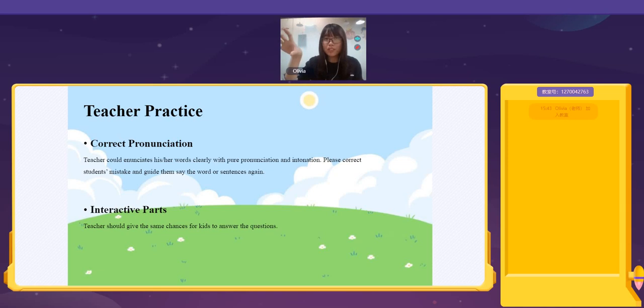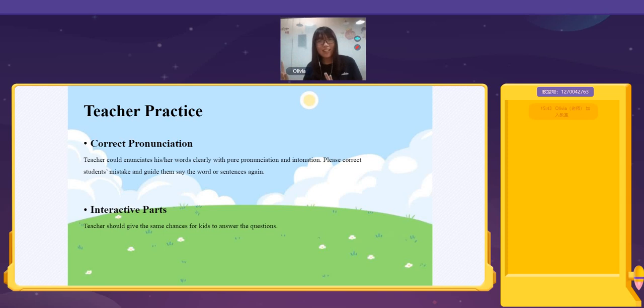So you could call Sarah's name first, to make an example for other kids. Because if you call one of the kids who is really shy, sitting there, and really afraid to answer questions of teachers, it cannot make a good example